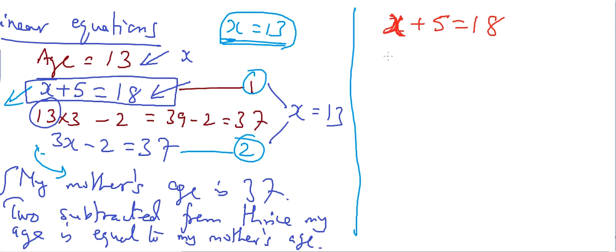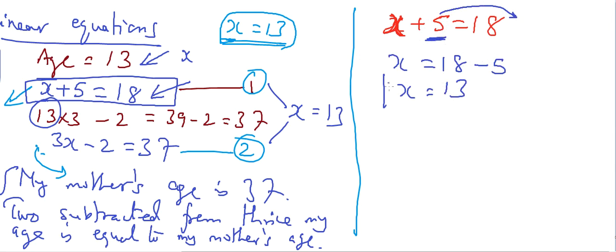So retain x this side, move the numbers other than x to the other side, and keep in mind that if any term is moved to the other side, then the sign of the term will change. Okay, now we are interested in x, isn't it? So let's move 5 to the other side. So x is equal to 18 minus 5. See, because here 5 is plus 5, so when it goes to the other side, it becomes minus 5. Okay, what is 18 minus 5? 13. See, this is the value of x from this equation.